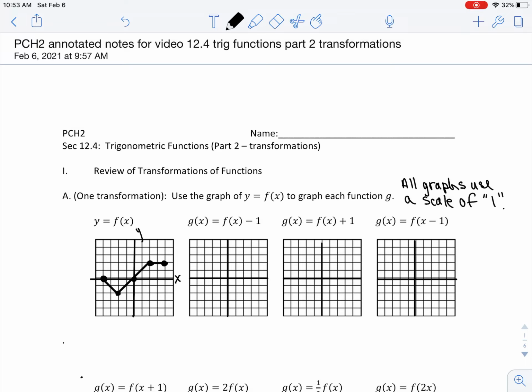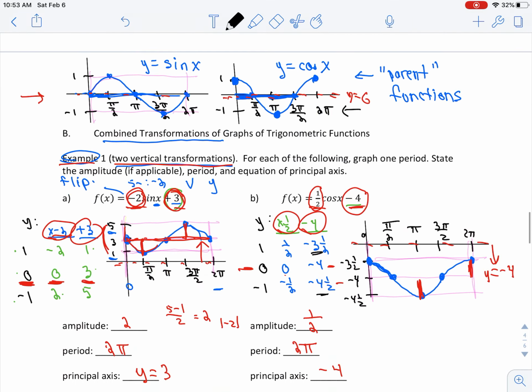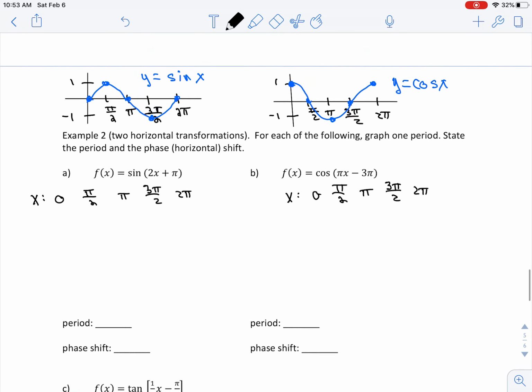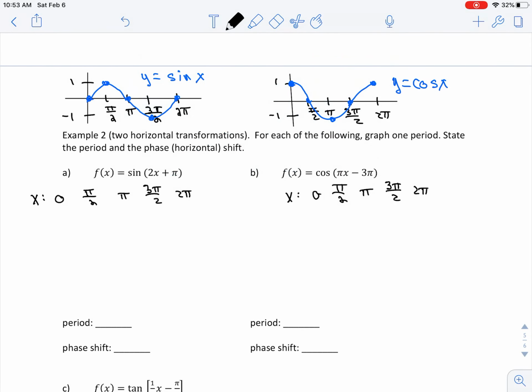In this video, we're going to be looking at page 5 of this handout on trigonometric functions and graphing transformations. So we'll pick up where we left off, and we're on example 2. In example 2, we're going to be doing two horizontal transformations. And we'll start by looking at the first two, A and B, which have to do with sine and cosine